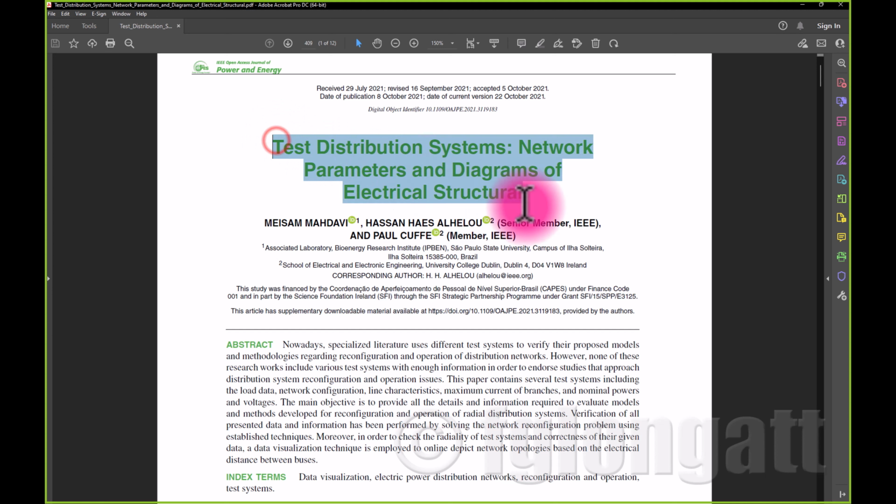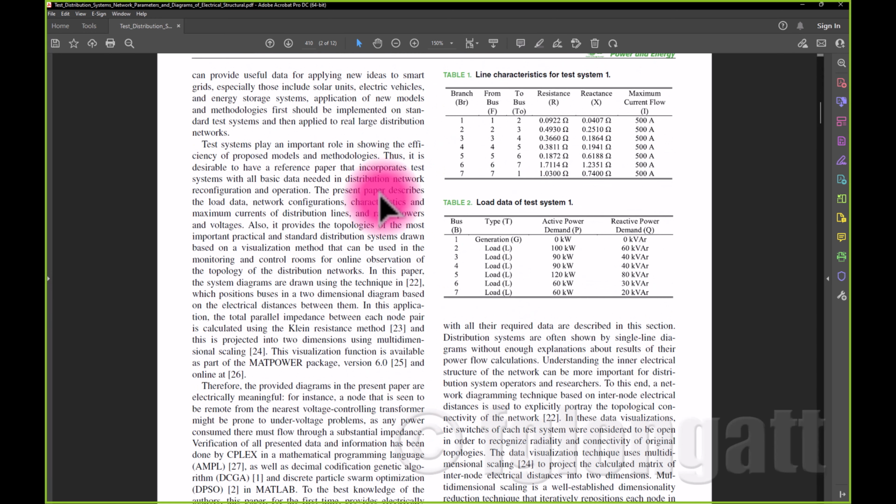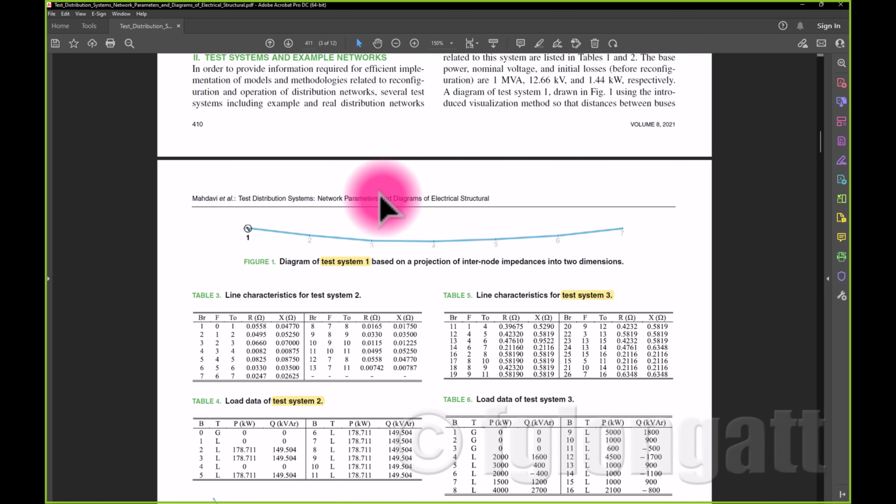I found this paper, Test Distribution System, Network Parameters and Diagrams of Electrical Structure, okay? And in this paper, the authors propose several test systems, okay? And the data of those test systems are presented over here. In this class today, I will use, let me change the color because I don't like so much this color. In this class today, what I will do is I will create